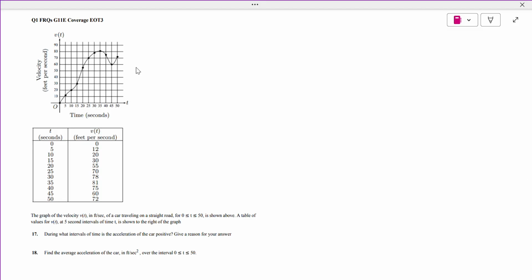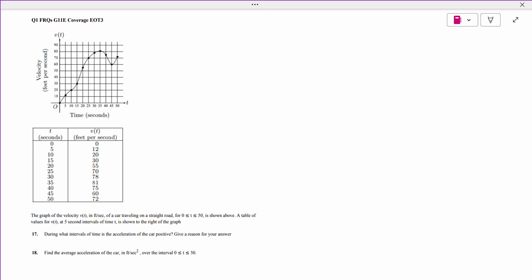We are at question 17 from the file of the first question. We have a graph of the velocity and a table of t values and v of t. The graph of the velocity in feet per second of a car traveling on a straight road. The interval goes from 0 to 50. It's shown above, and also a table of values for v of t at 5-second intervals of time is shown as well. During what intervals of time is the acceleration